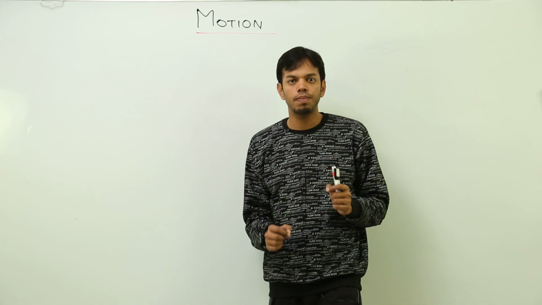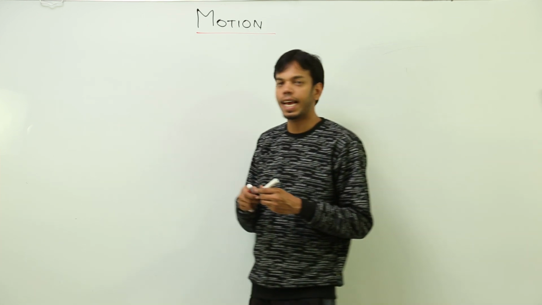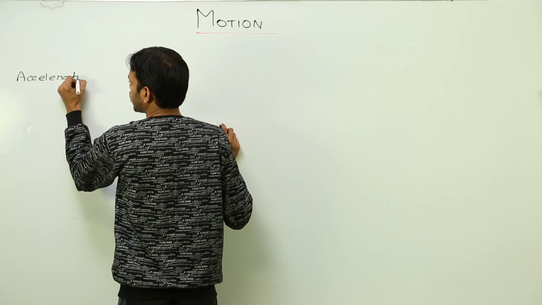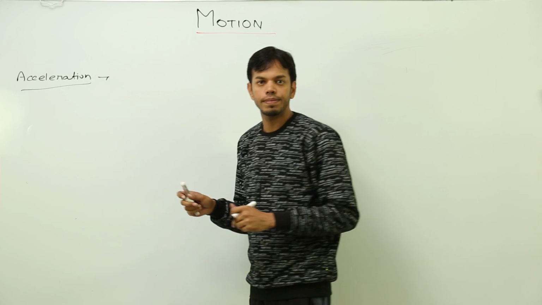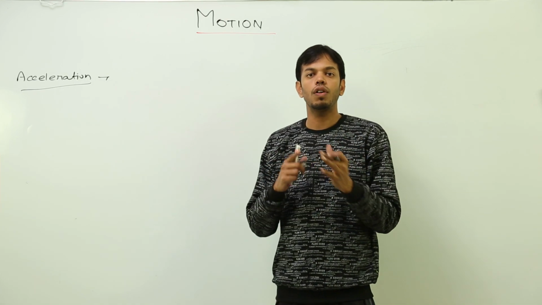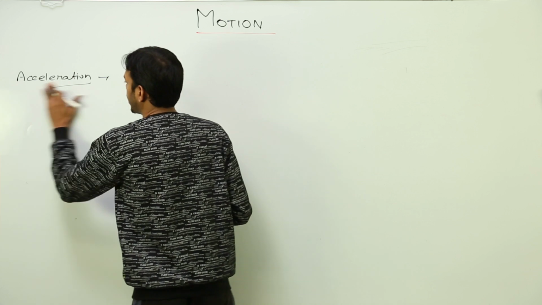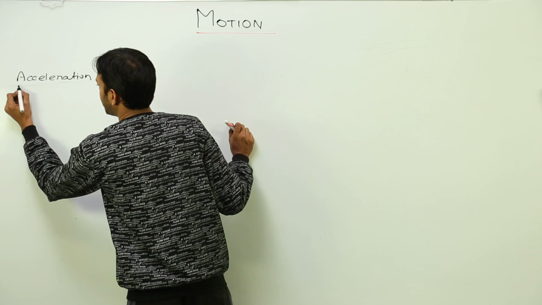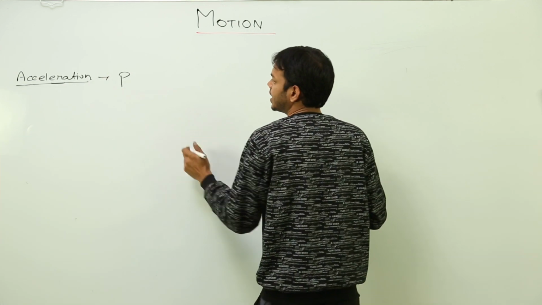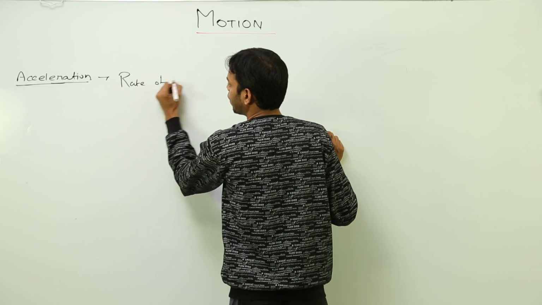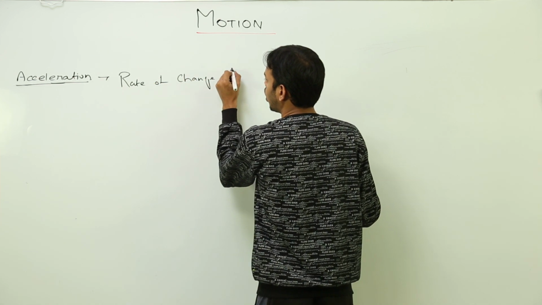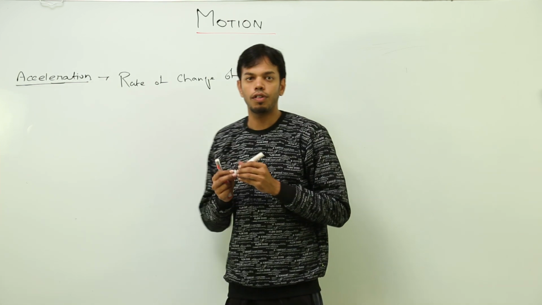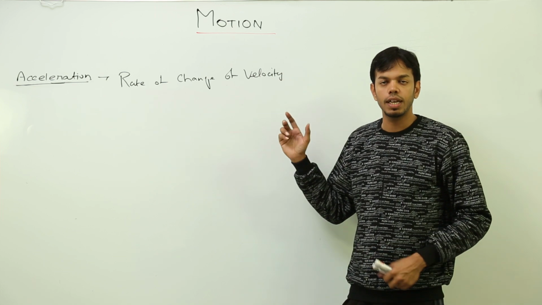So do we have a term for increased speed? Yes, we have a term, and I already mentioned it. That is called acceleration. So acceleration, this is the next definition, is defined as the rate of change of speed or velocity. Okay, it is, again the line is a bit slant, now I think it's straight. So it's rate of change of velocity. Now why I'm precisely using the word velocity, as it is used for displacement,